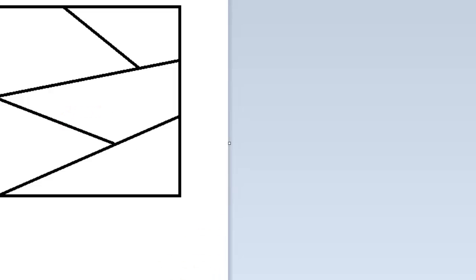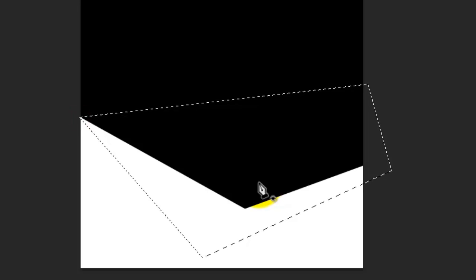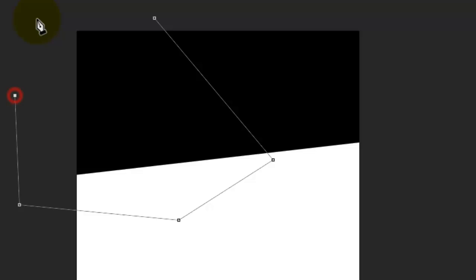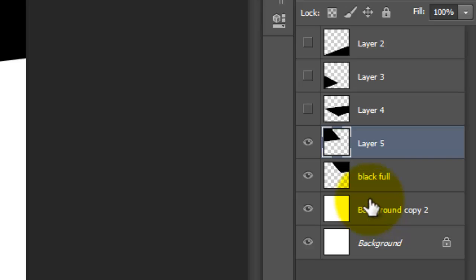And was it down? It was across, okay. Control Enter, layer via cut, and then the last two is kind of like one that zigzags across. So I'm just going to go doop doop doop doop. Control Enter, layer via cut. So as you can see right now, all my layers are cut,